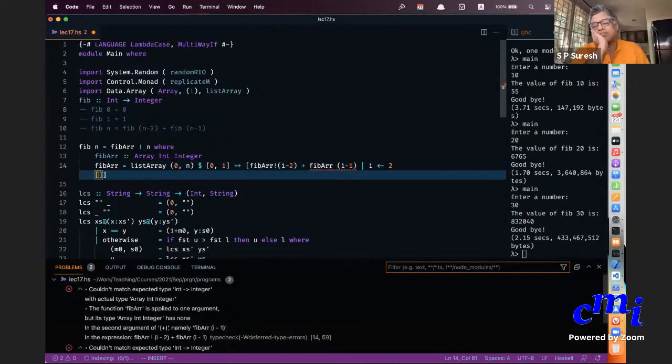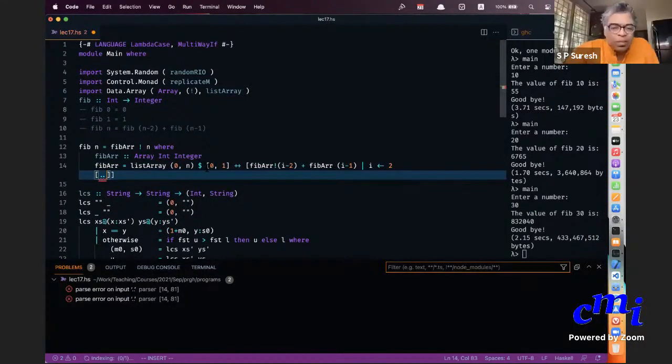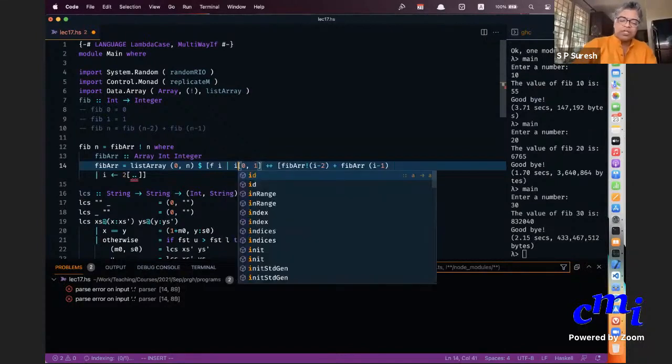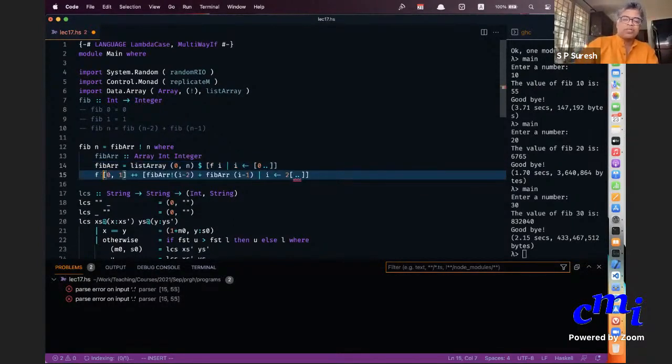That's it. So you missed an exclamation after fib. Yes, and actually there is a better way to write this. So rather than write it this way, you will say this is nothing but f of i, where i ranges from 0 dot dot n. Okay, now define f separately. F of 0 is, this is just the fib definition, really. That's all. So let me just write the definition.